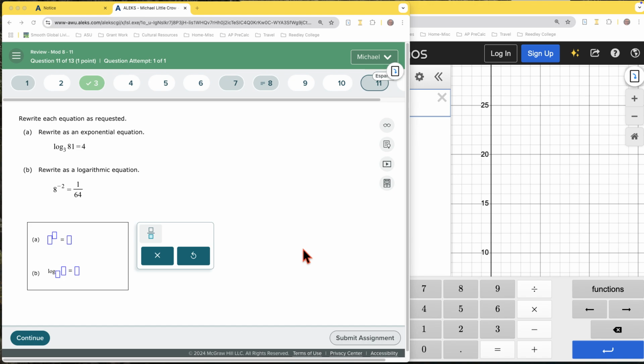Topic, converting between logarithmic and exponential equations. I call this the log dance. And what we're doing is using the concept of what an inverse does. An inverse undoes what the original function does. So what we're going to do